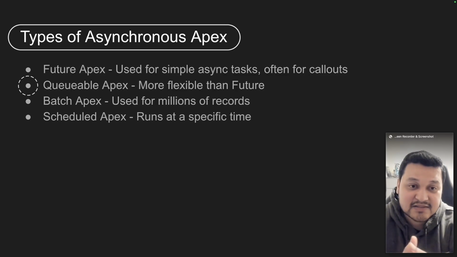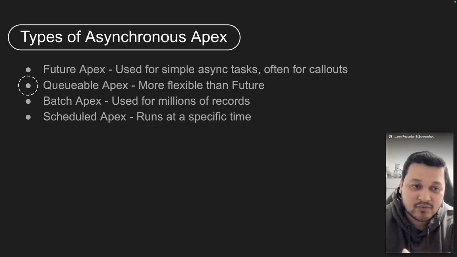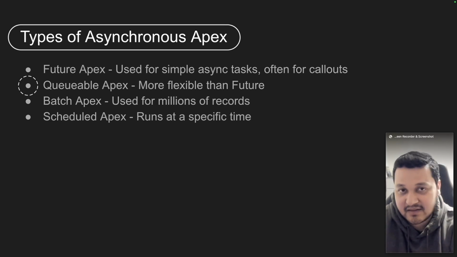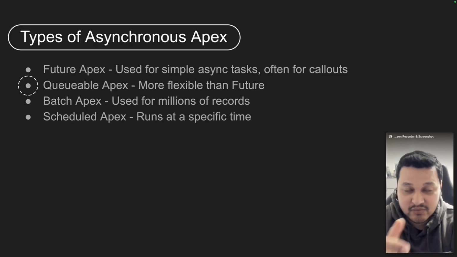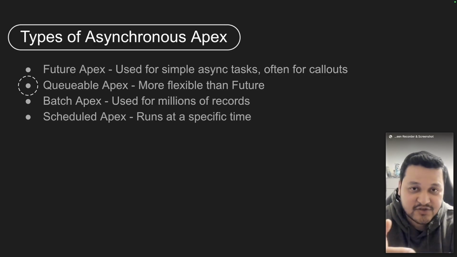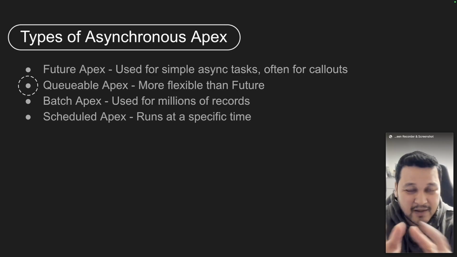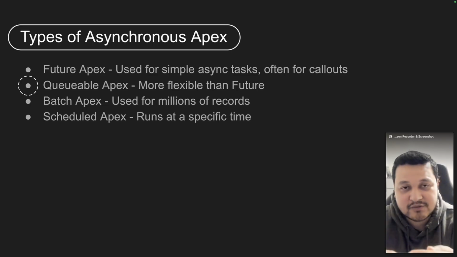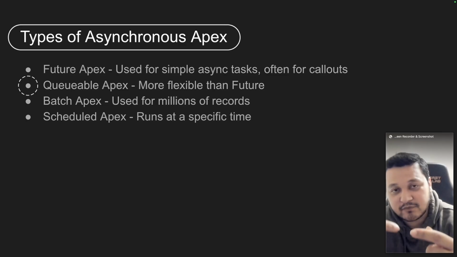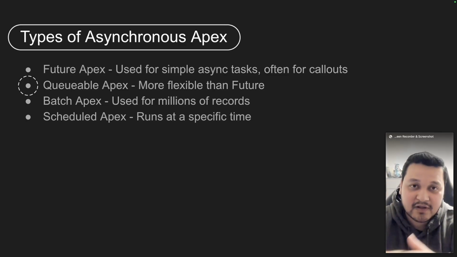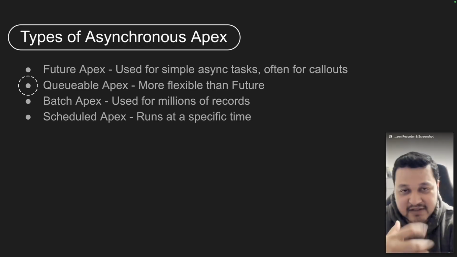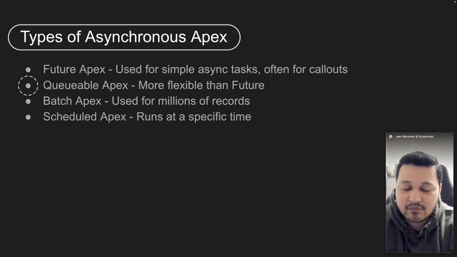Queueable Apex is the advanced version of the Future method. In Future, you can just pass primitive data types such as id, string, integer as parameters. Within Queueable, you can pass the whole sObject, list of sObjects, or map, etc. What you can also do is chain a queueable job with the next queueable job and all of that. So Queueable is much stronger, more flexible,